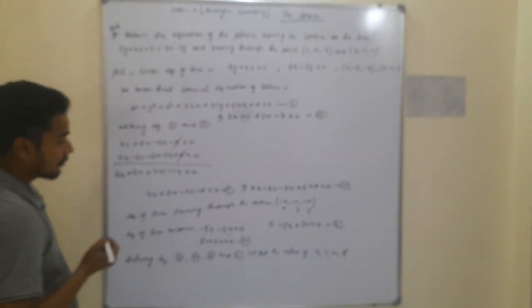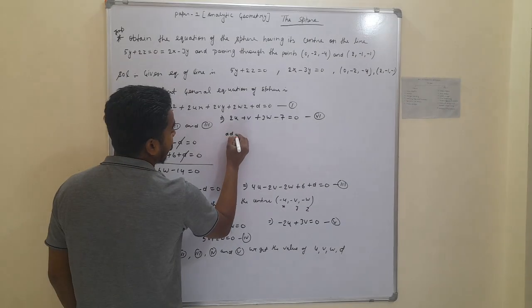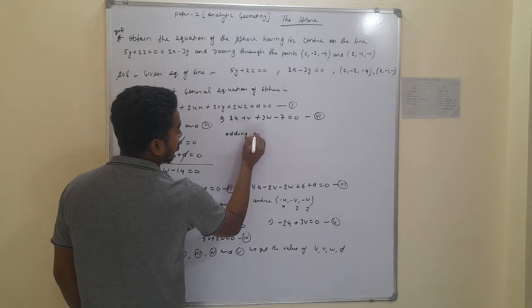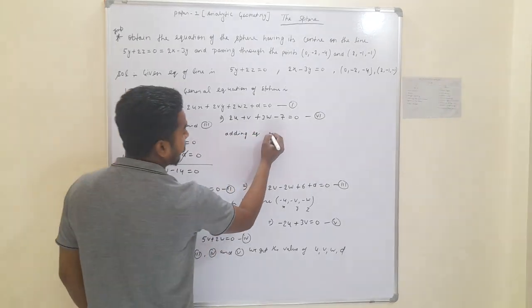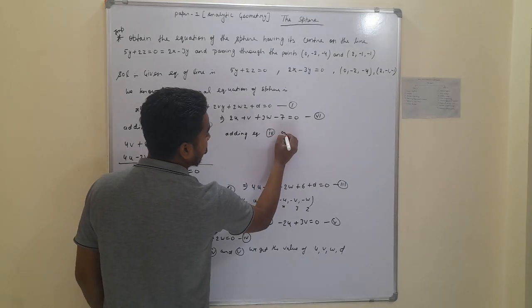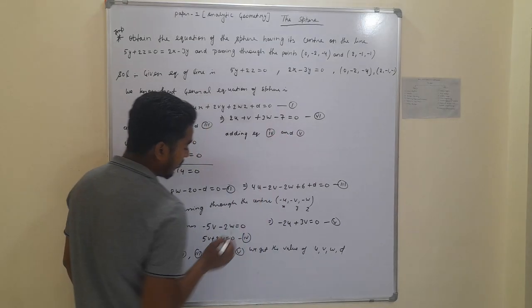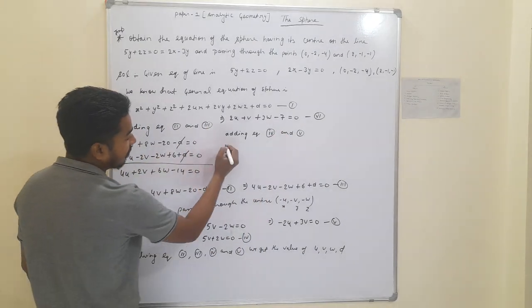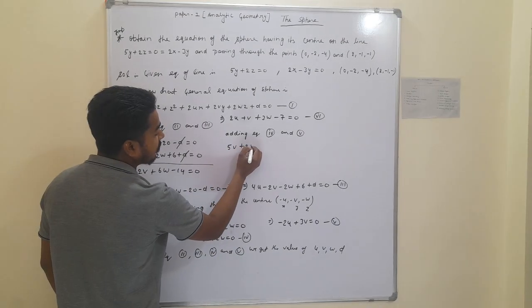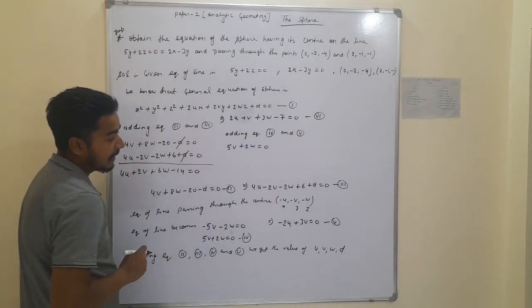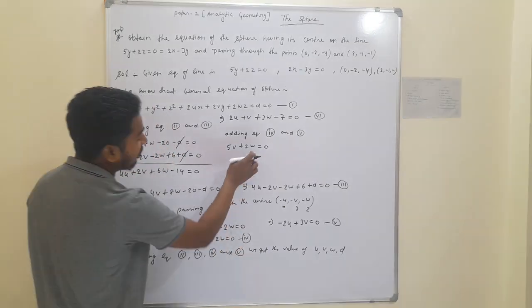And further we have to add equation fourth and fifth. Here equation fourth is given by 5v plus 2w is equal to 0,